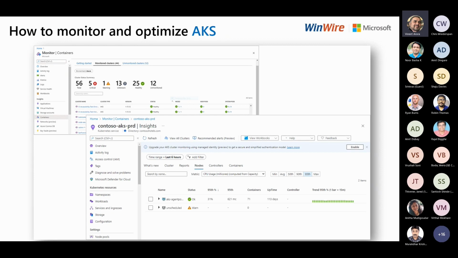At the bottom, you're seeing one cluster which is running all fine, but it is telling you how much CPU is being used, how many containers there are, how much uptime it has had. So you can do various slicing and dicing in these inbuilt reports and dashboards that are available as a part of the AKS Insights